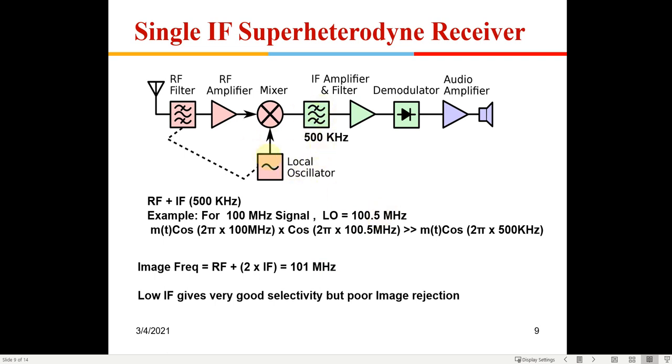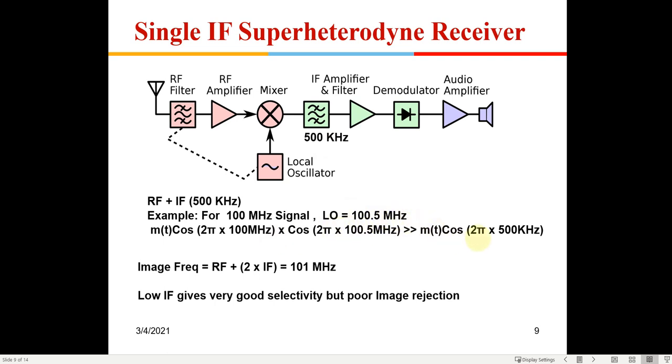So once it comes out of the mixer, the IF amplifier, since it is tuned to 500 kilohertz, is going to give signals from two radio stations: one at 100 megahertz and the other at 101, because both 100 and 101, when mixed with 100.5, will give 500 kilohertz, since it will give the sum and the difference. Cos A into cos B is cos (A plus B) and cos (A minus B), right?